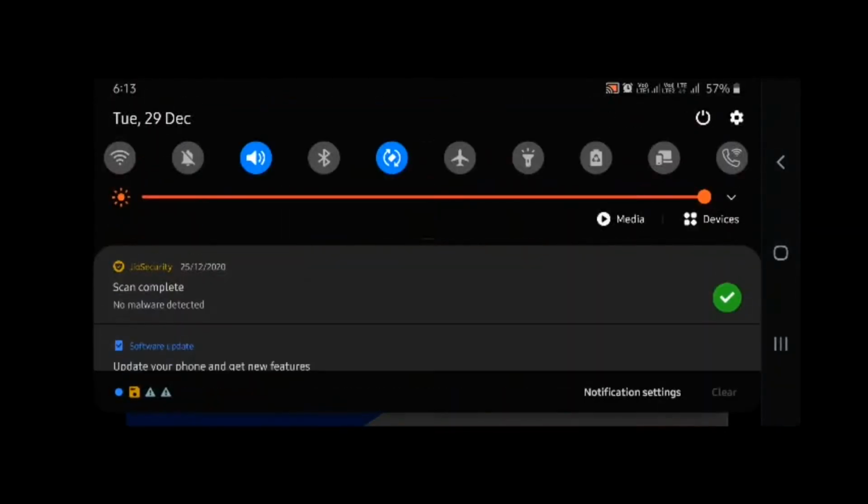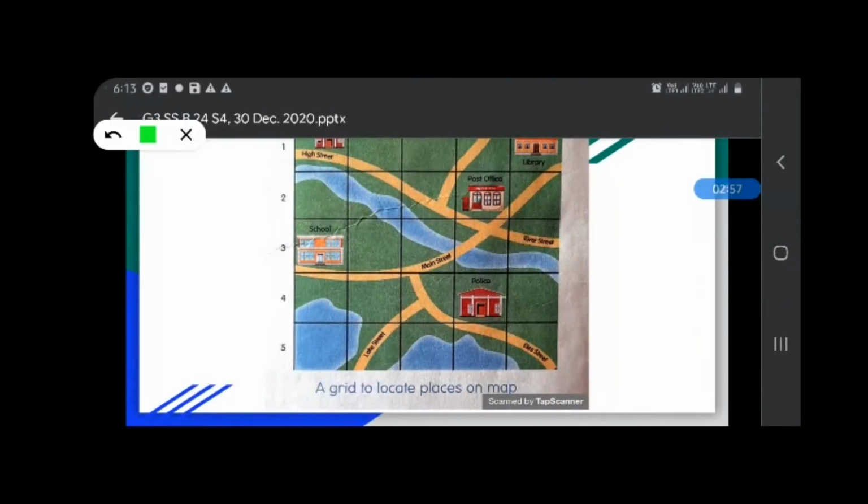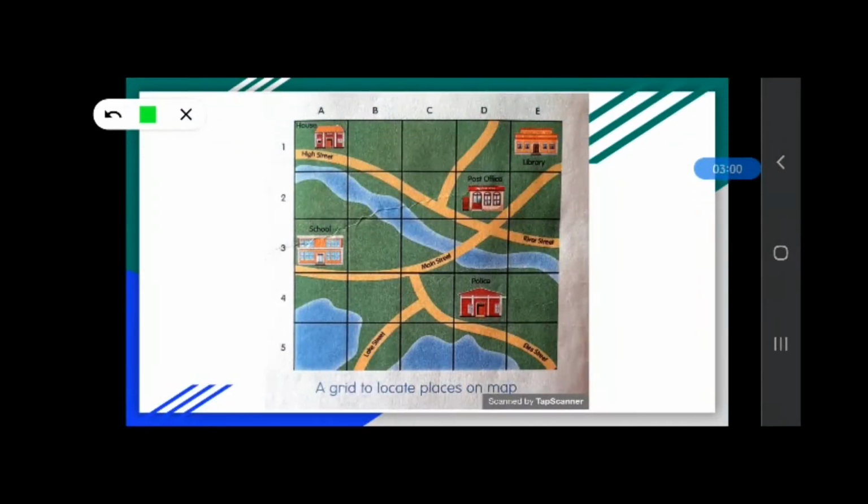So the police station is in, let's find, this is 4, here 4 is written. And we can see the police station is in number 4 and alphabet is D. So the police station is in 4D. The police station is located in 4D.